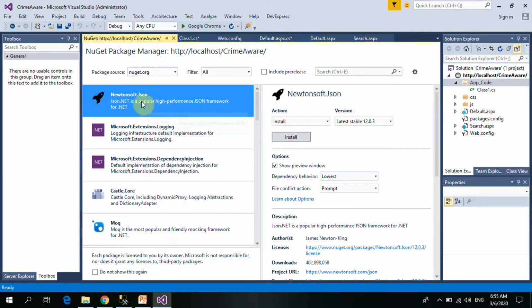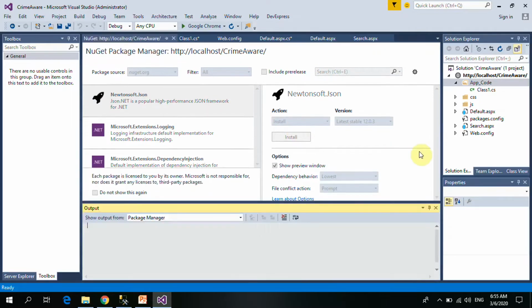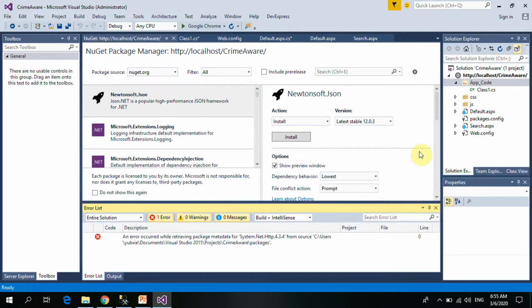So you search for Newtonsoft.Json, you can search for it here, and then you click install like I'm doing. Okay, I believe there should be a problem actually. An error occurred while retrieving package metadata for this. So there's a conflict between the system.net HTTP 4.3